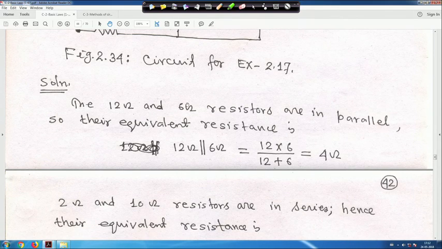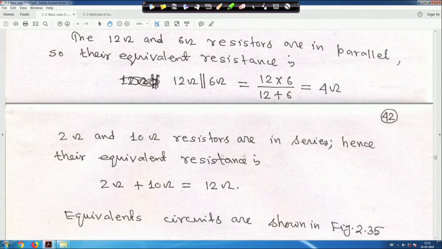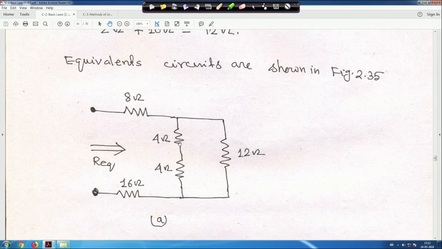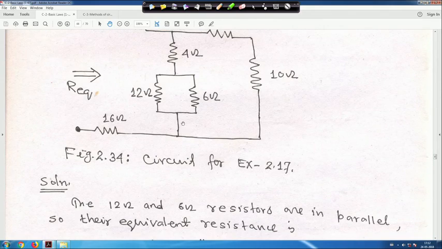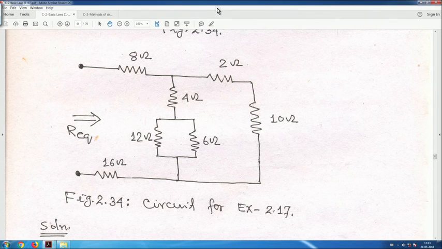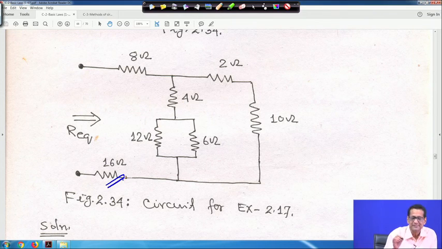So, 12 and 6 ohm resistors are in parallel. So, they are equivalent. I just told you that 12 into 6 by 18 will be 4 ohm, right, and similarly these two, I told you 2 and 10, are in series. So, 12 ohm. So, this is the equivalent circuit. One more thing, here one 16 ohm resistance is there, I have missed it, right. I missed it in the previous calculation, when I was making it by ink pen, I overlooked this one. So, this 16 ohm is also there, right. So, anyway,